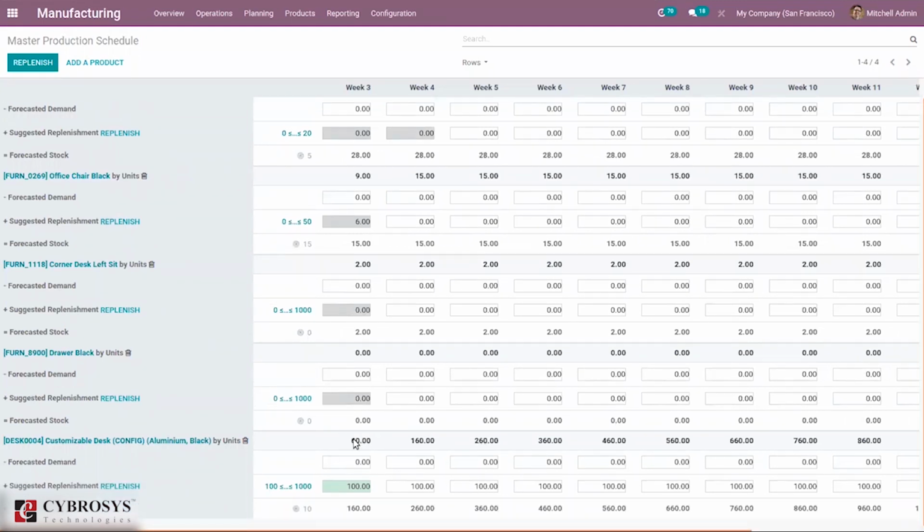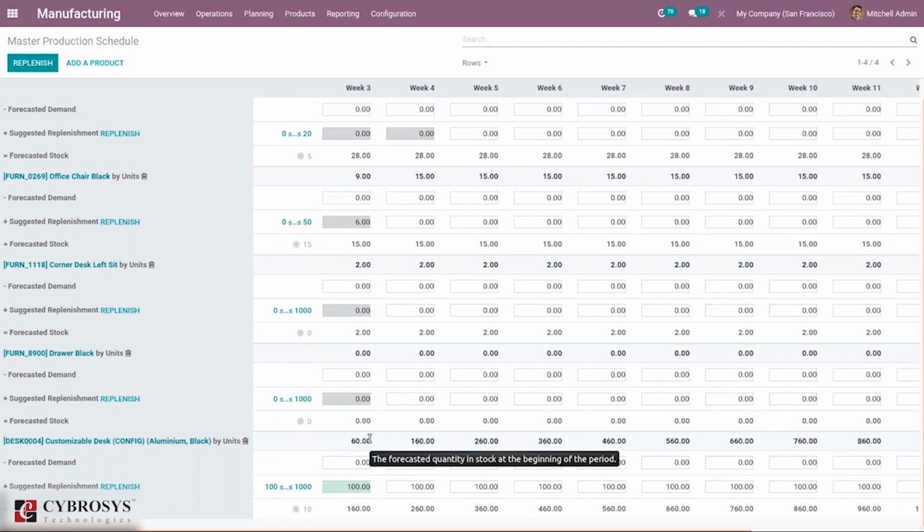You can see for week 3 it is 60, and for week 4 the planning is at least 100. For next week we need at least 100 to be replenished. So you can see total 160, and for next week we can see 100 is added with this 160. You can see 260.